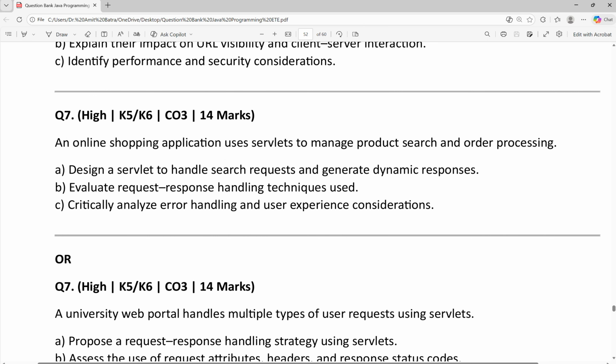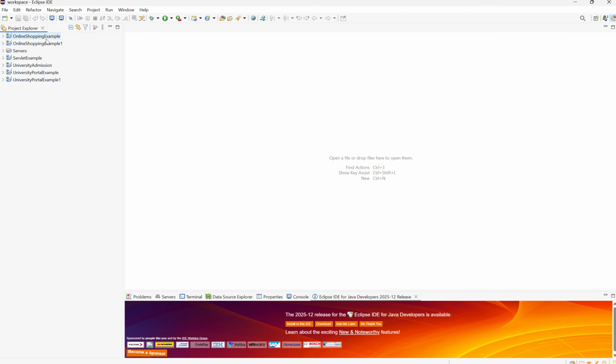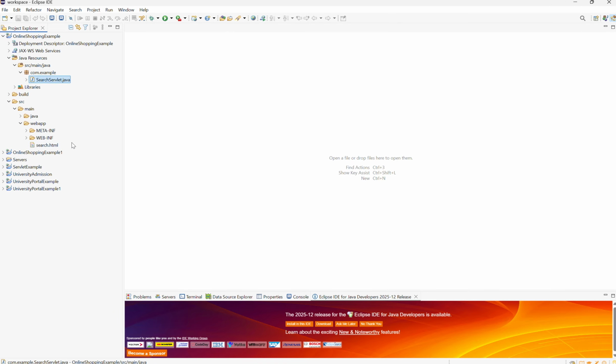So, online shopping application, we will be creating a project: Online shopping example. As usual, in the src main java, we have created a package called com.example and a servlet file SearchServlet.java. In the src main webapp folder, we have one HTML file, search.html. First of all, I'll be telling you